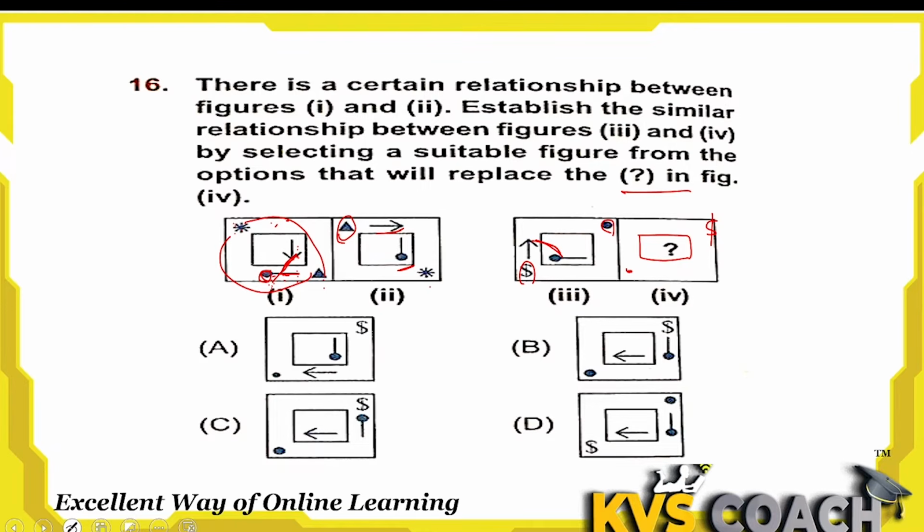So the inner position will remain the same, so the arrow will be in the same position, but the outer position will be reciprocal, so the reciprocal will be here. So this bulb will be here. Okay, in the reciprocal position, then this is here. Okay, so this figure will be drawn like this. Now this is matching with B only, so B is the right answer here.